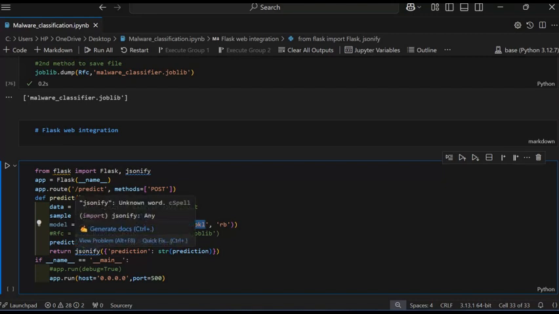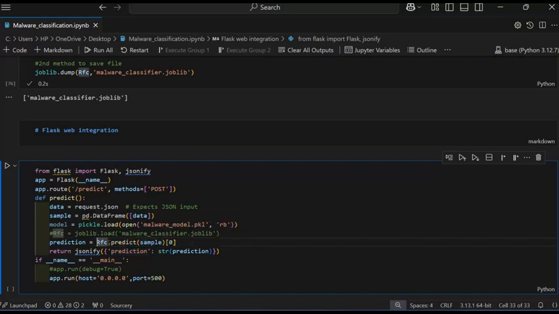Then prediction is a variable, the same random forest method .predict on sample. It starts from 0 and returns a JSON response with str of the prediction.